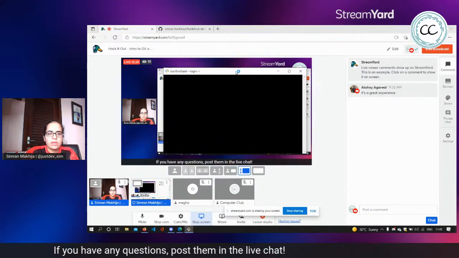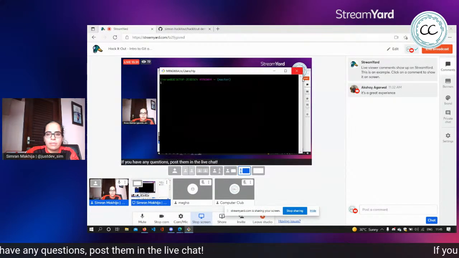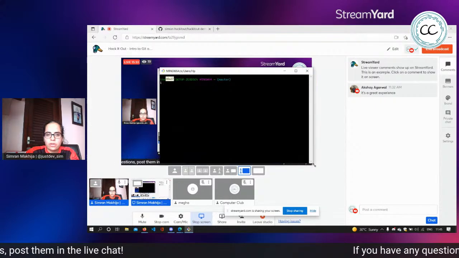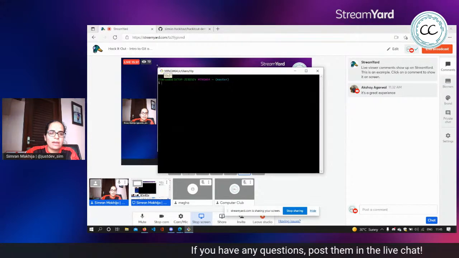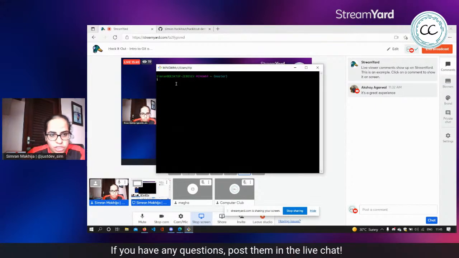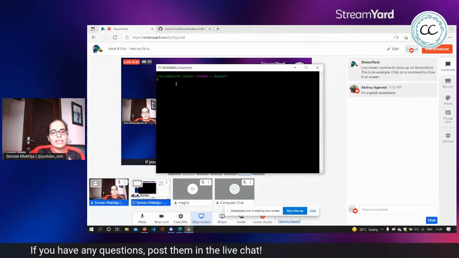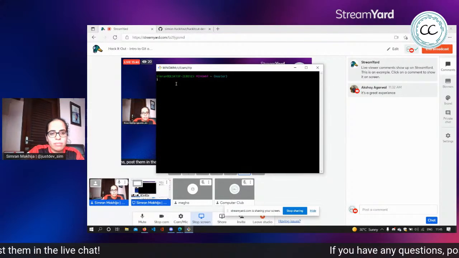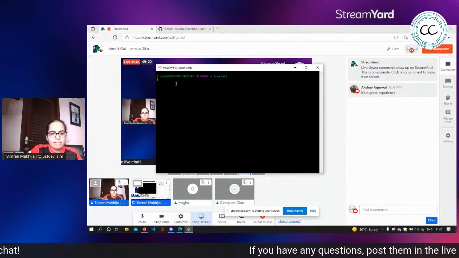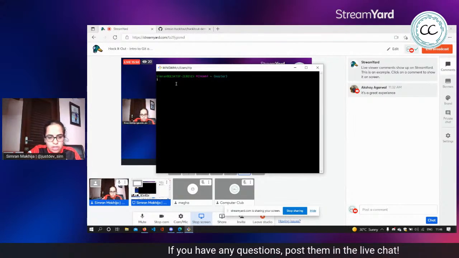It seems to be loading. I'm going to place it here and make it a little bigger. Git Bash is a Bash shell. It is a CLI shell where you can use Bash commands. Since we've already installed Git, we have all Git commands here.